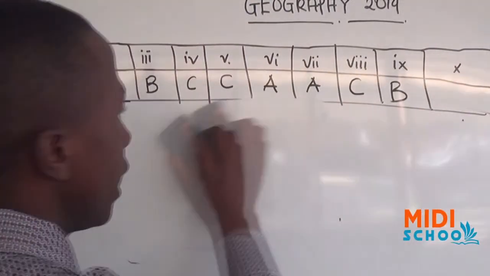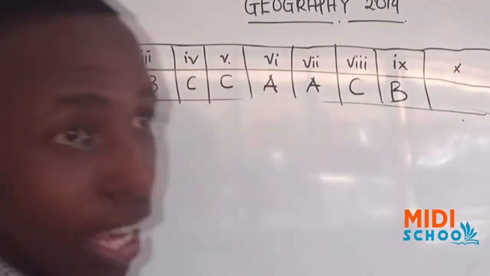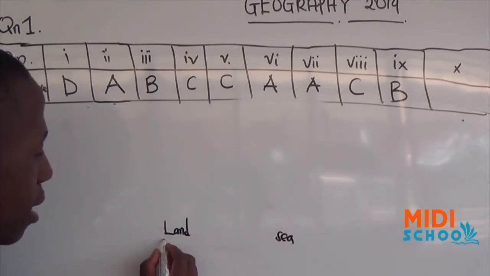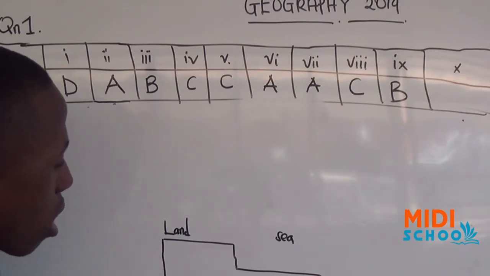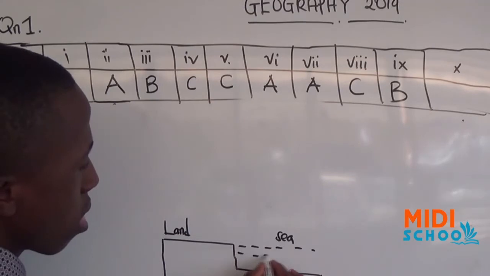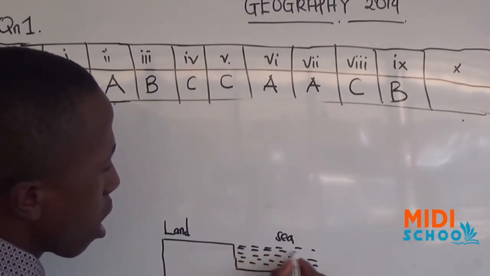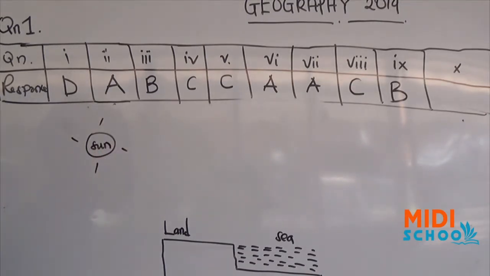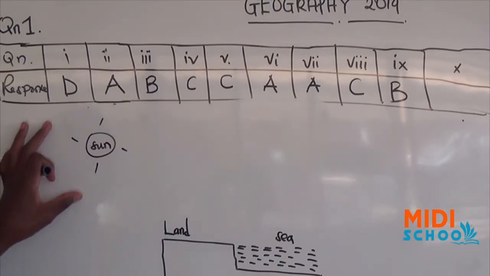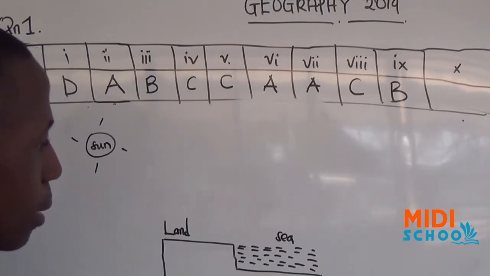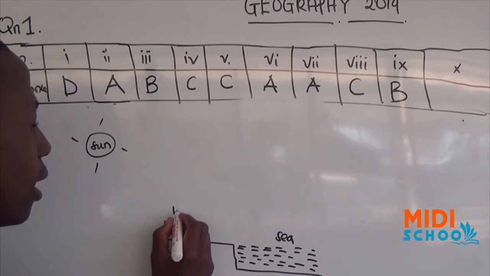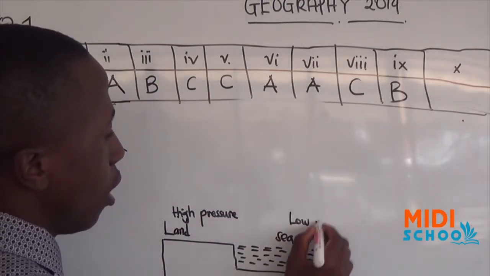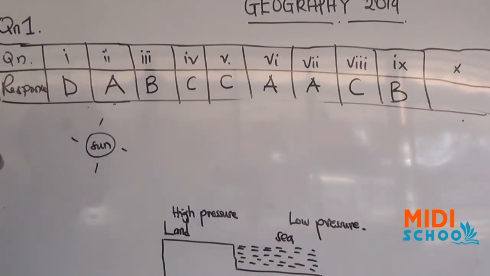Vice versa, it will be during night. We have land and sea, meaning that during night there will be a low amount of temperature, and if there is a low temperature, meaning that on land there will be high pressure, and in the sea there will be low pressure. And this is because during night, I said,